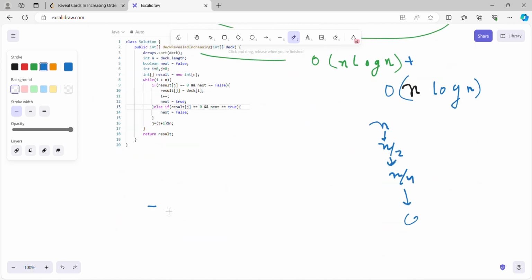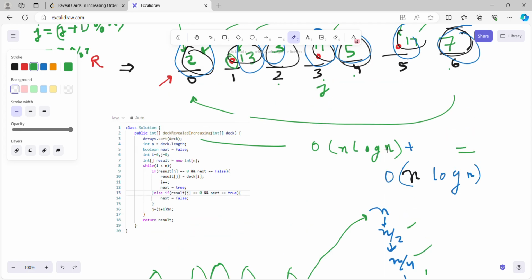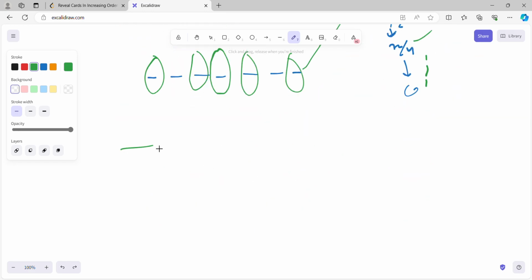See, this is my array now, 1 2 3 4 5 6 7. First I am filling these values. First there are a total of n empty spaces, then after that I have filled these values, right? So now I am left with n by 2 empty spaces, then after that I have filled this value. When I fill this value, I have n by 4 empty spaces. So every time I am filling spaces like this. In total you can say that the time complexity is going to be of n log n for my code,